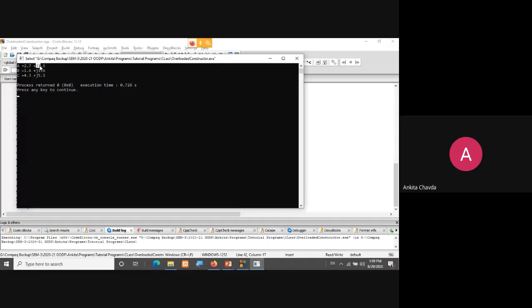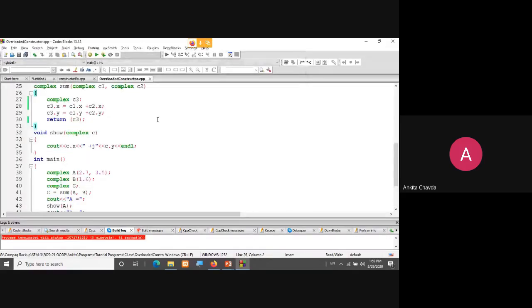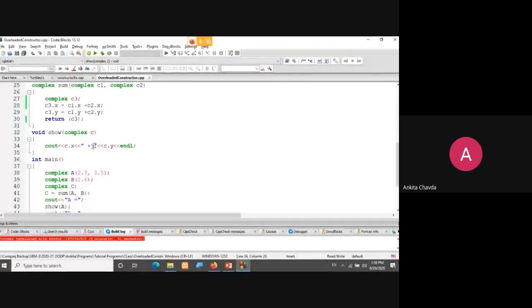Then 3.5 plus 1.6, it is 5.1. Simple. And this j is there because I have written it in the cout and display in this show function. I have written this j just to show you that the y is your imaginary part. Fine. So I have just added this j, nothing else.